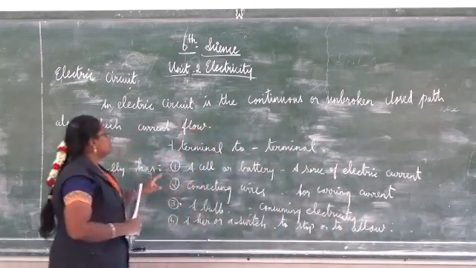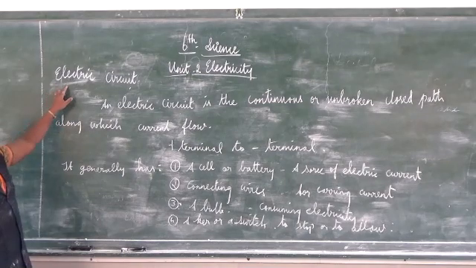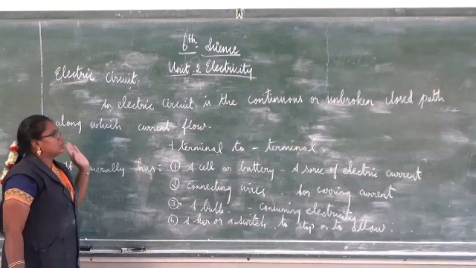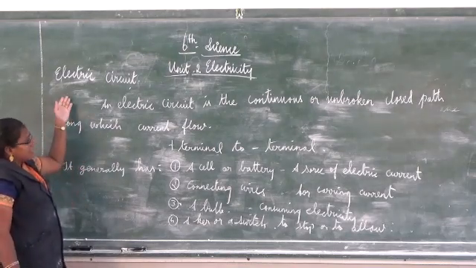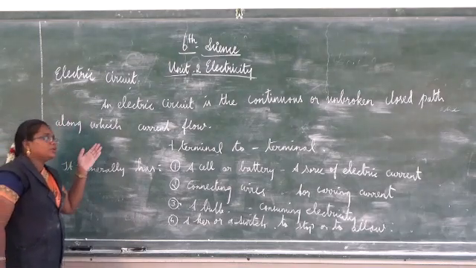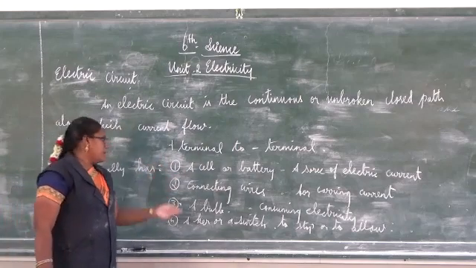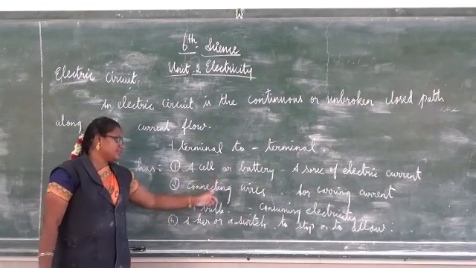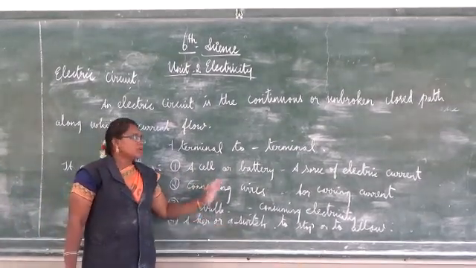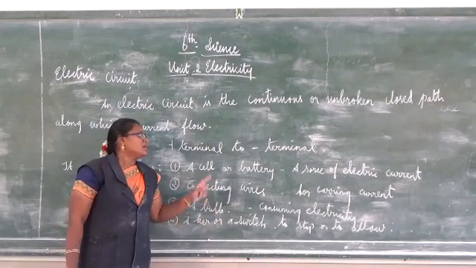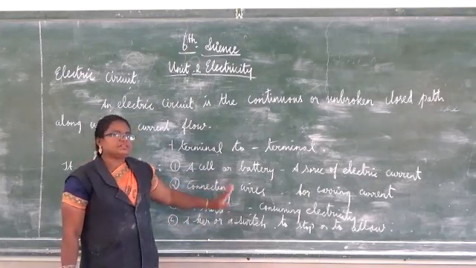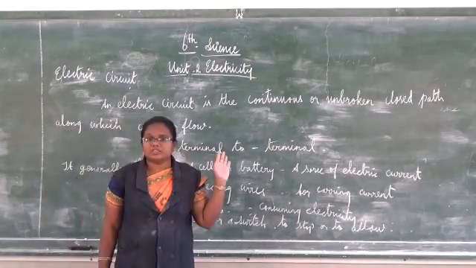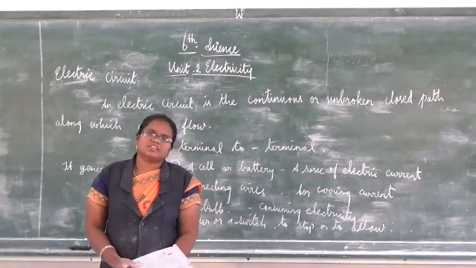These are the four things we need for an electric circuit. Understand? An electric circuit means a continuous or unbroken current flow, from the positive terminal to the negative terminal. It should have these four parts: a cell or battery, connecting wire, bulb, and key or switch. With these only we can make an electric circuit. Understand, children? That's all about the electric circuit. We shall continue in the next session. Thank you.